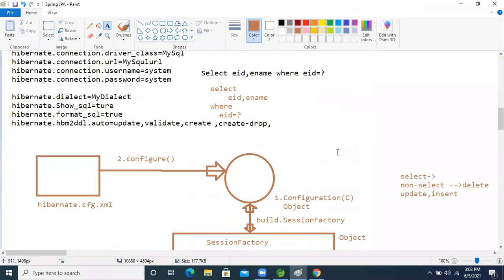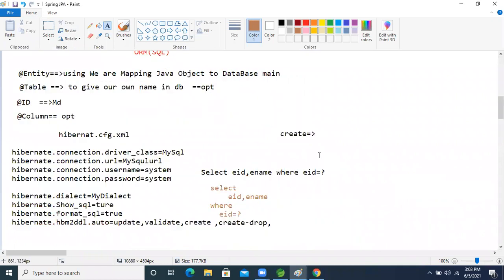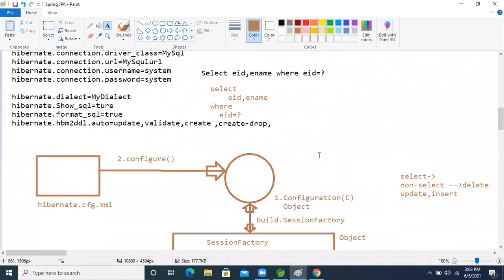See boss, however much we need to work on Data JPA, that much basic material I am covering here, right? After that, whatever high-level programming is there in Hibernate, I will touch on in Data JPA also. And if I get the time, don't worry, I will teach Hibernate also, and the way will be the same.